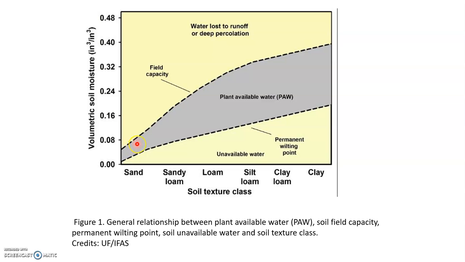But in many areas, people started to grow plants in sandy soil as well. That is because of the help of drip irrigation. As you move away from sandy soil, the soil can hold more water. Loamy soil can hold more water, silt soil can hold more than loamy soil, and clay can hold even more soil moisture.